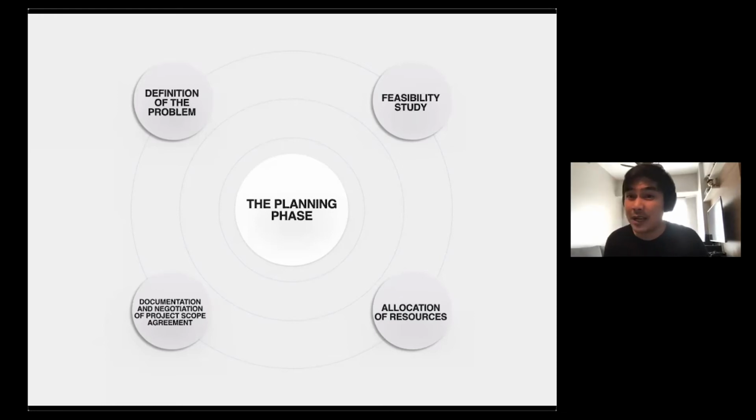Then after that, we start with budgeting, right? And when we say budgeting, we are actually allocating resources. For example, if we have 1 million to develop a specific system that will be used in the hospital, how many percent of that 1 million will be attributed to programmers? How many percent are attributed to the developers, di ba? And how many percent are allotted for those who will initially test, di ba? Kasi kailangan may honorarium sila. Then, all throughout the planning process, there should be documentation and negotiation of the project scope and agreement.